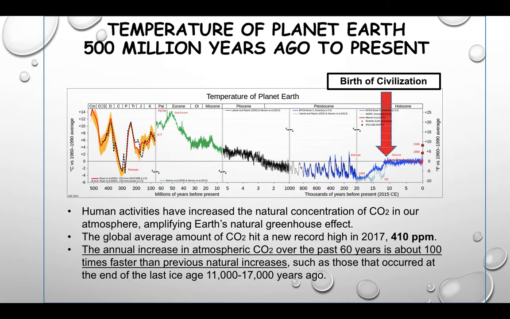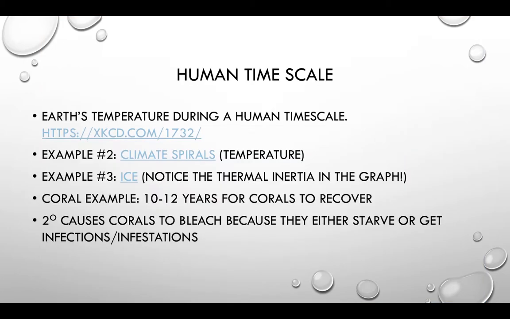But one of the things that we notice is that when we look at carbon dioxide, we can correlate that with the birth of civilization, when humans start appearing. And then when we start using coal, you'll notice that little blob of red right over there. That represents the Industrial Revolution. And we can see that carbon dioxide is increasing because of what humans are doing. So when we start to look at human timescale,